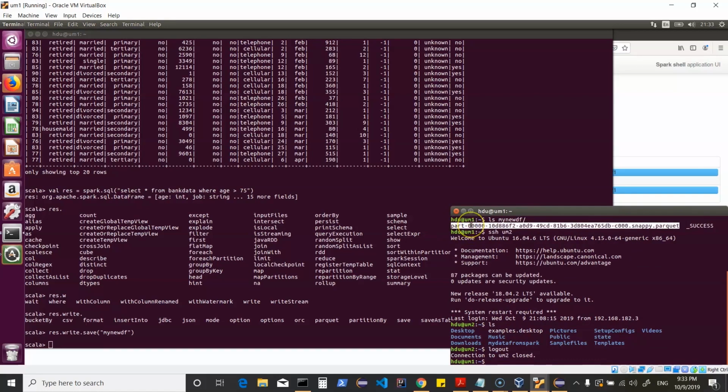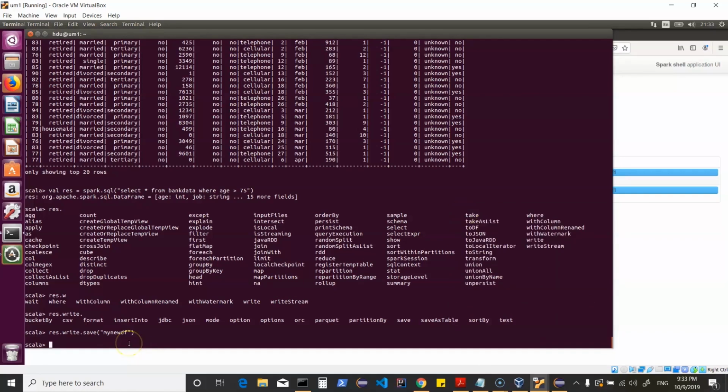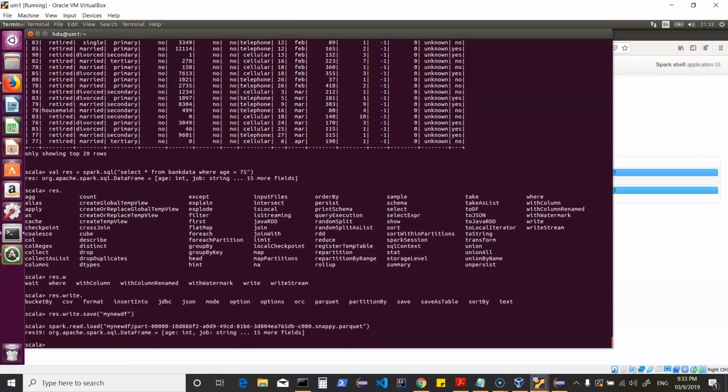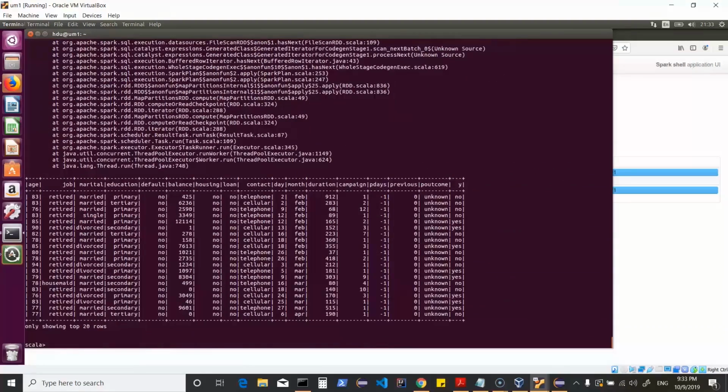Now there is an easier way of checking if this was fine. So this is in my new df directory. Now what I can do here is just say spark.read, and this time I will not specify a format. And we know when we do not do that, it expects the file to be in a Parquet format. So I'll say load my new df, that's the directory. I'll give the file name, and then I'll see if it reads this Parquet file and creates a data frame, and yes, it has done that. We can always do a show, and we can see our new data frame.